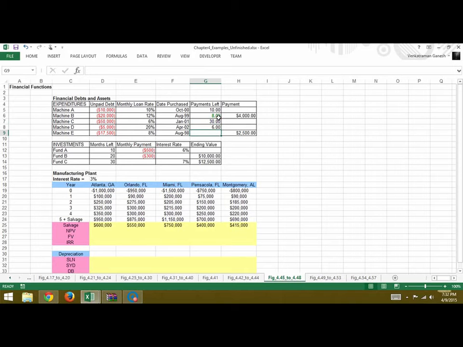Similarly, you do for machine E, and this you just copy. So we've learned about NPER. Now we will find here the payments per period. So we will use the function